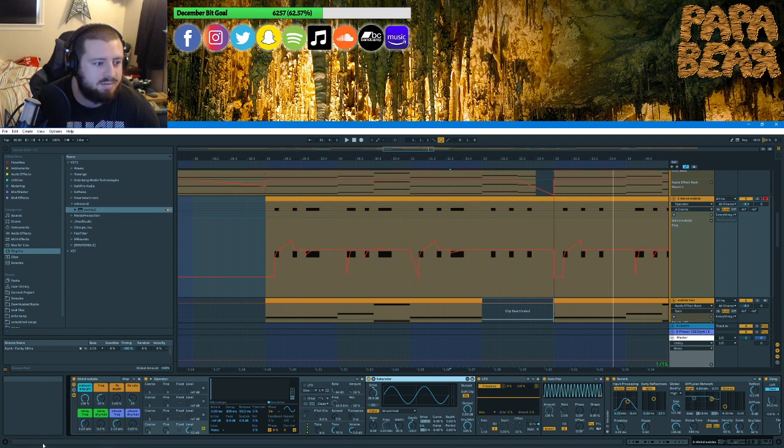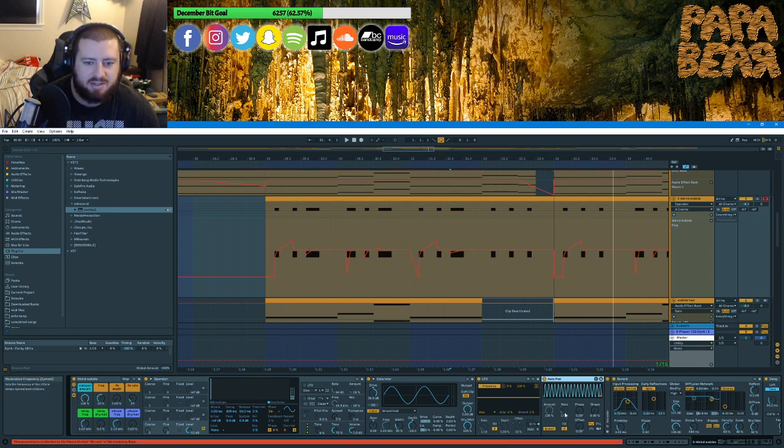And then there's some other stuff on top of it, like an LFO. So that's the auto pan, which is actually more of an auto wobble thing. It's basically just making the volume go up and down in 16th notes.